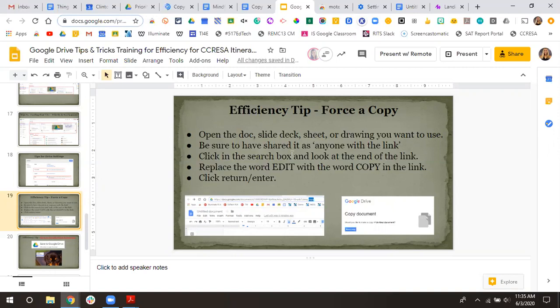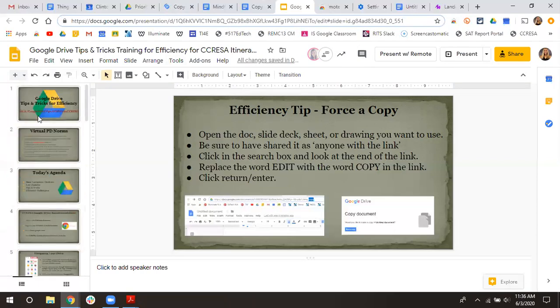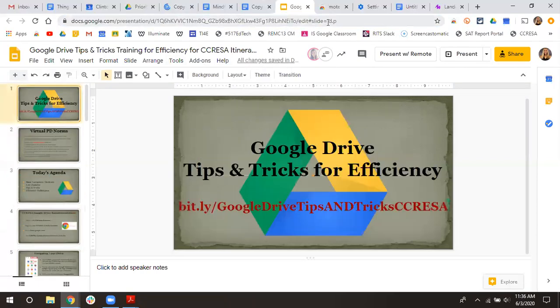So you would click up here in the URL. I'm going to drag this over so you can see it better. So you want to see the URL. That's a long one, yeah. Normally, well, actually it's because I'm in the middle of a slide, but that's okay. So normally the end of your presentation goes to, here maybe if I go here, yeah, it's just showing me the slide ID. Okay, so instead of having this little edit button or this edit word, if I delete that and say copy,